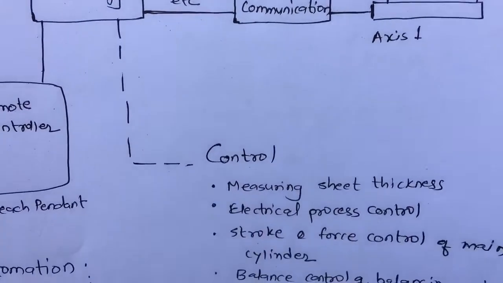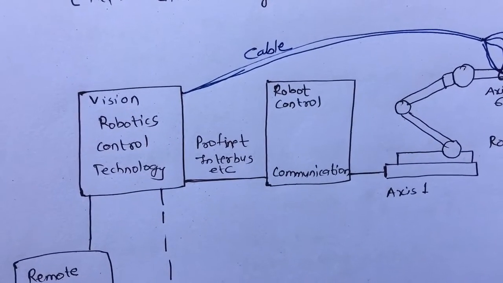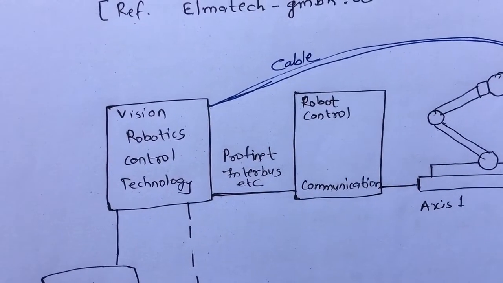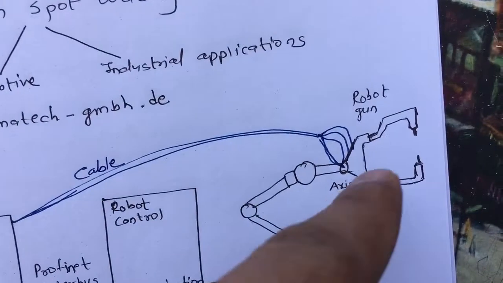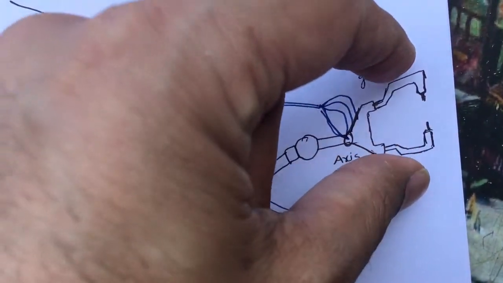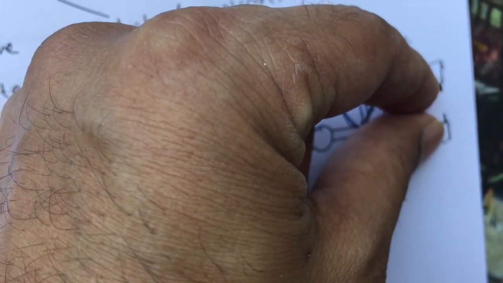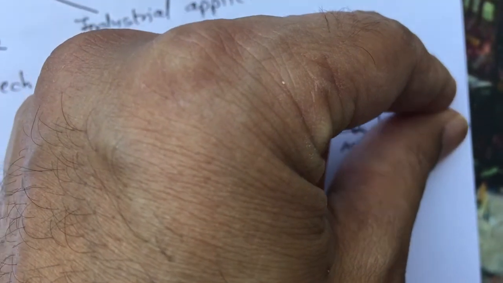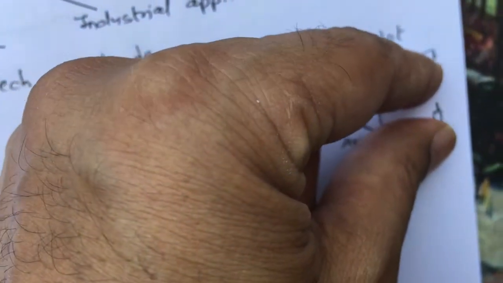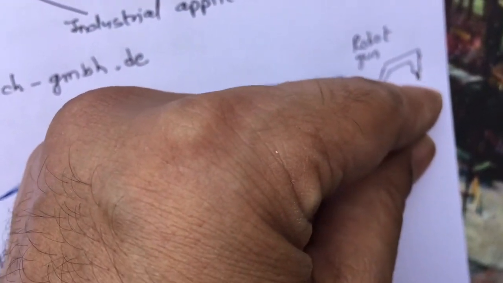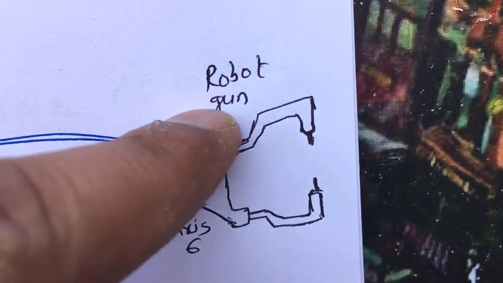Now let us look at the diagrammatic representation of spot welding and robots in spot welding. We know that in spot welding two metals are kept together over here, and these two jaws come together, a large amount of current flows through them, and hence the metals get joined together. Wherever the metals are present, they will be joined with the help of a spot generated there. This is spot welding. This is specifically the robot gun present over here.